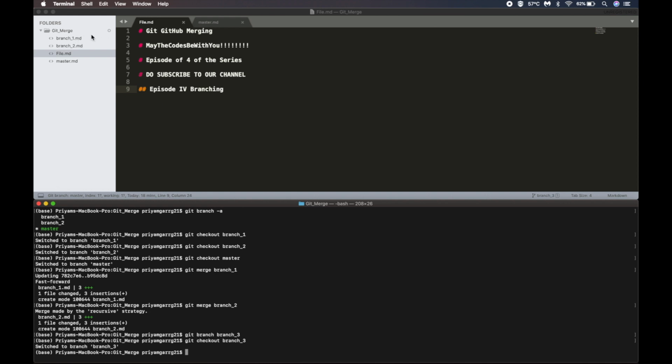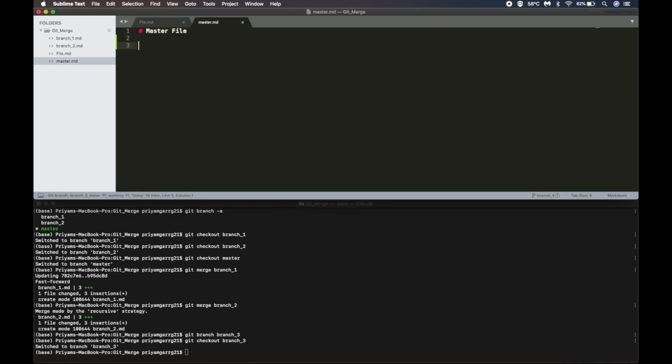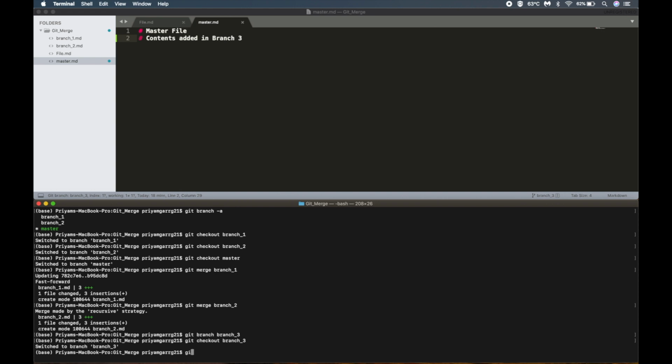Also you can see all the changes of the master branch are here. So let us make some changes here. Contents. So let us say we have now made the changes here, and this is now the updated file. So first of all, we need to add this file back to the branch.